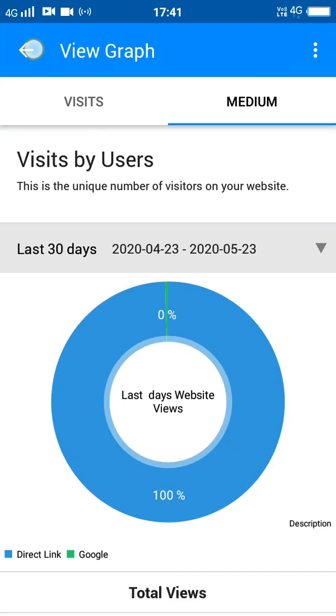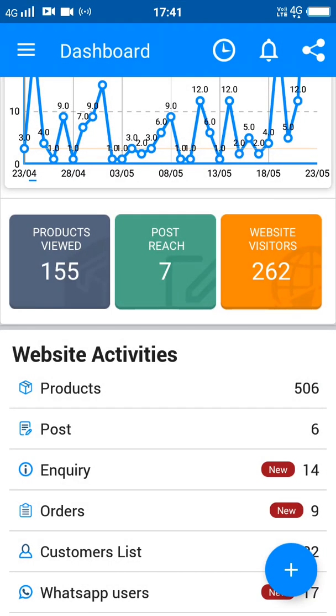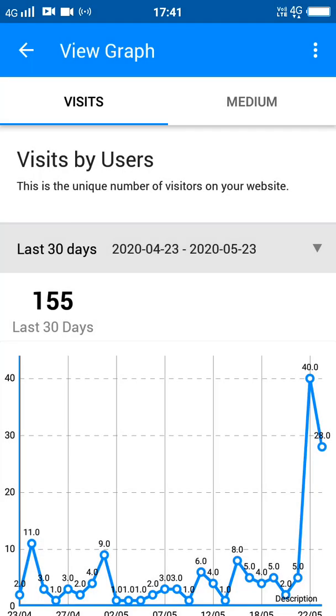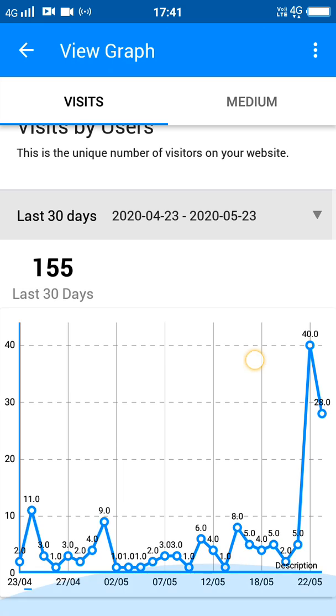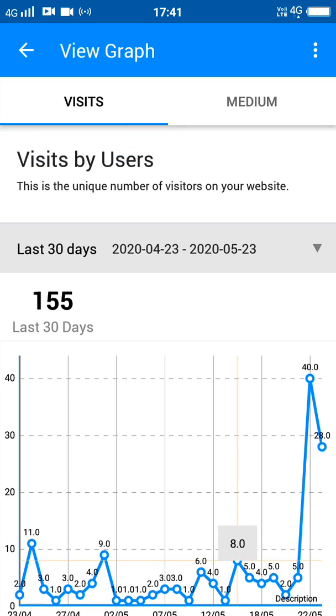Now let's go to the products viewed. This also shows a similar graph, but here visitors don't land on a home page but a specific product page of your website. For example, you are browsing narrow jeans on the website, then that visitor entry is recorded here. Similar product graph is visible for individual products by going through the product list.